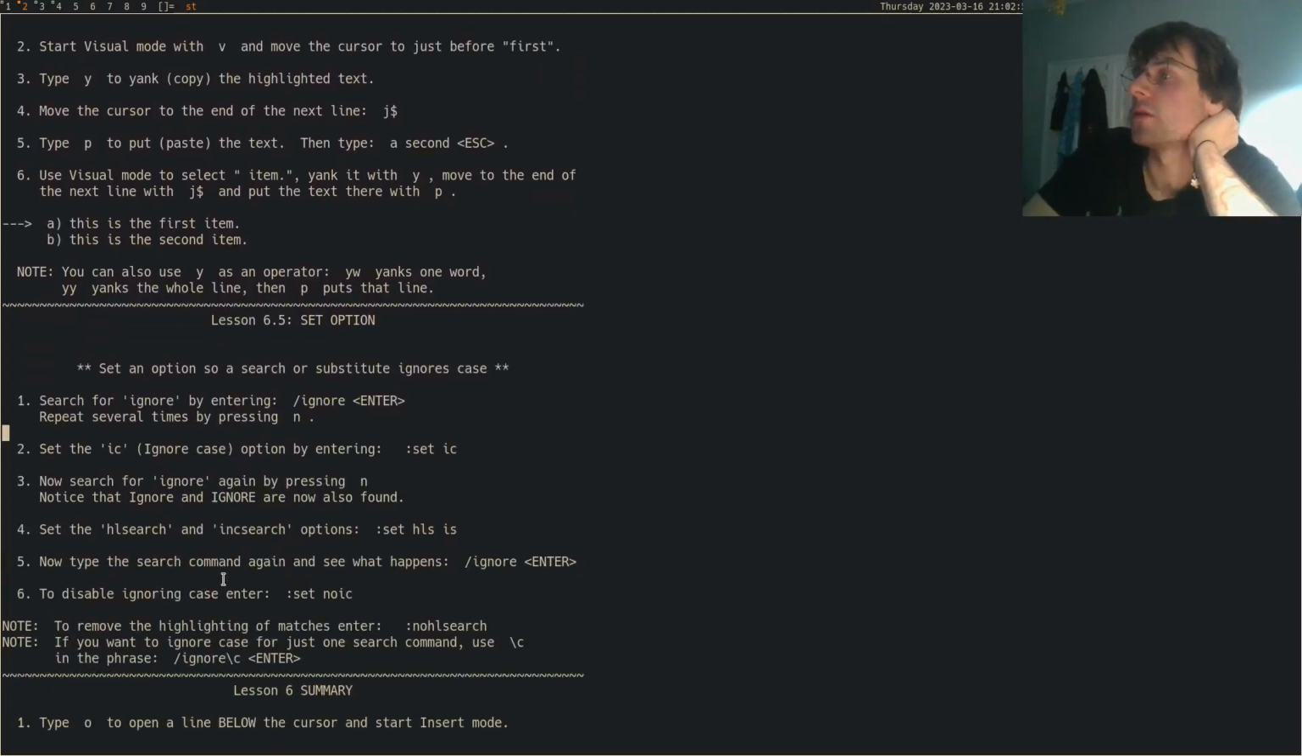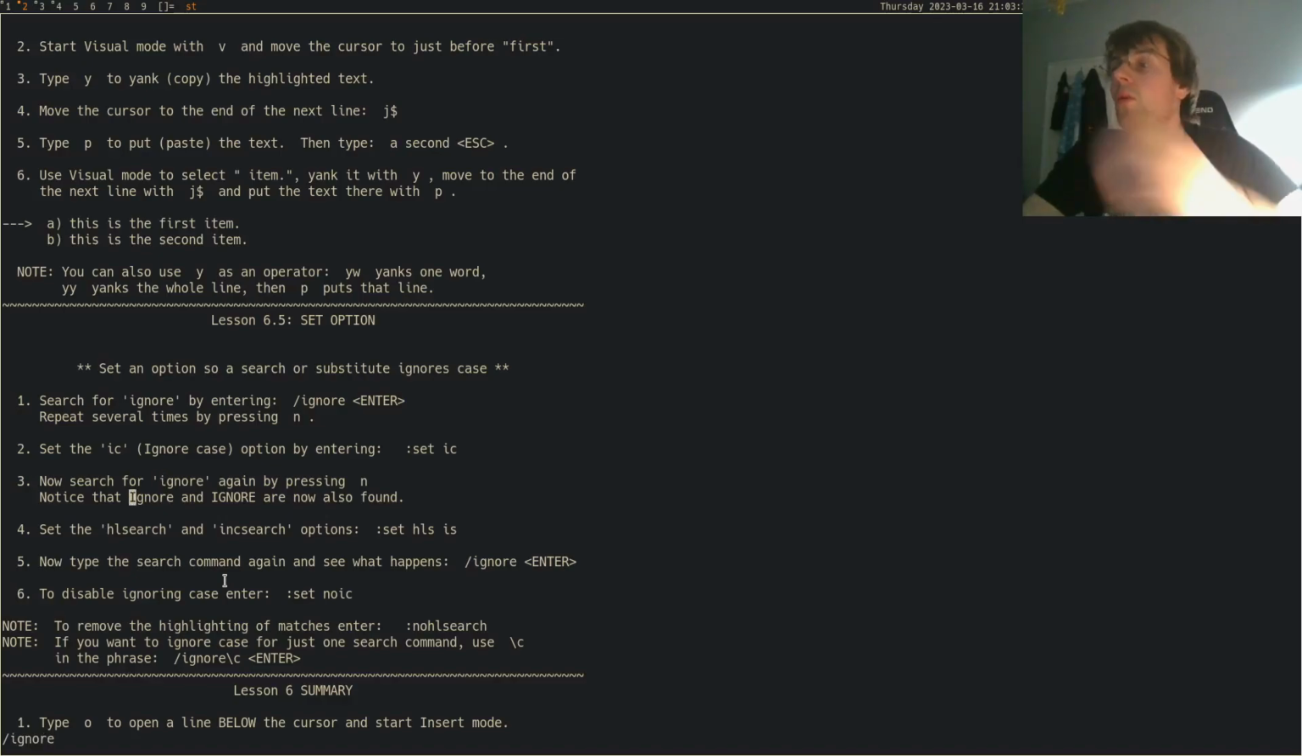So what's next? Set option. Set an option, so a search or substitute ignores case. Search for ignore by entering ignore several times by pressing N. Set the IC option by entering set IC. And now if I, oh, ooh, so that's